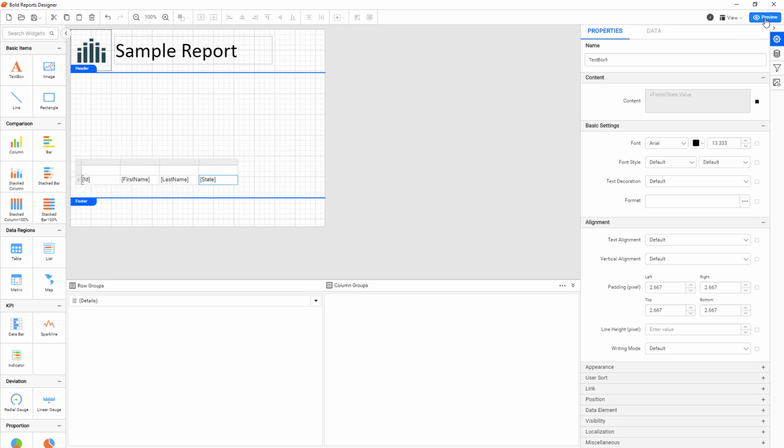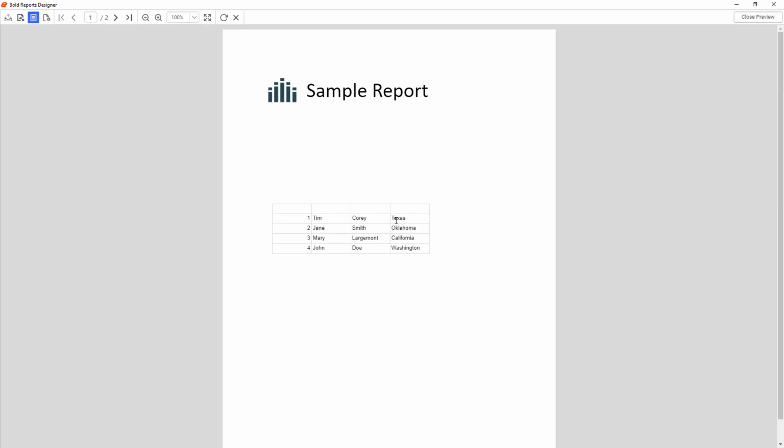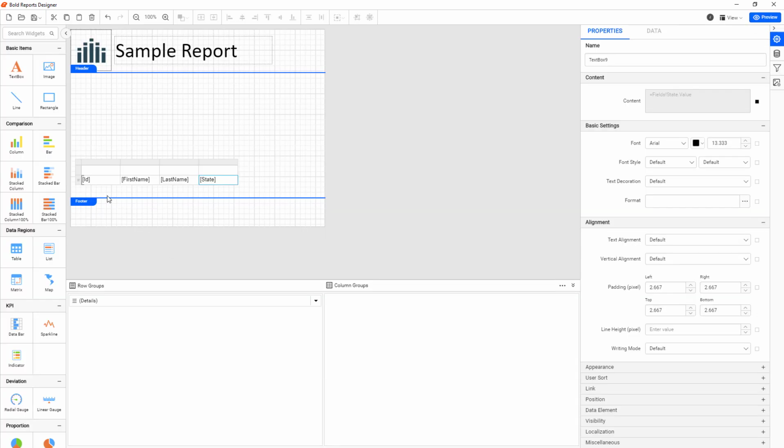And if we go to preview now, we'll see we have our data on the page. We may want to make the font larger. We can do that. We may want to center this column here. We can do that, and so on. We also want headers for our data. So I'm going to do the drop down here, but instead of selecting ID or something else, I'm going to